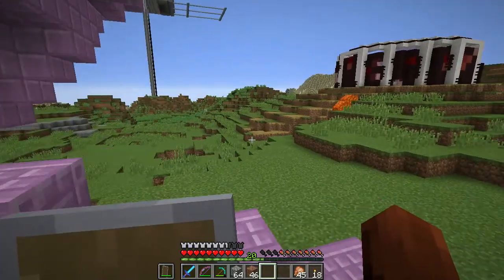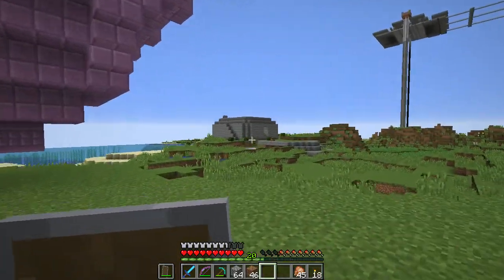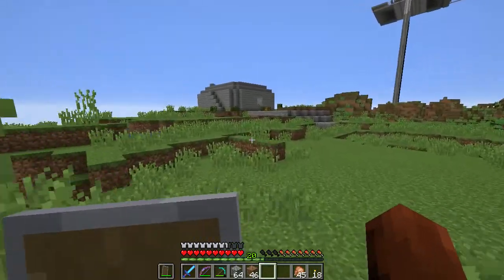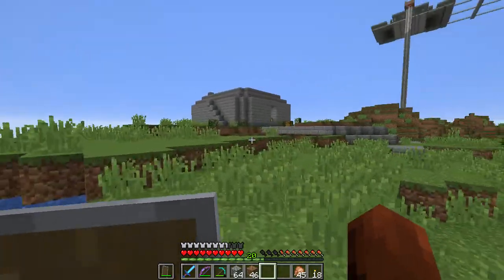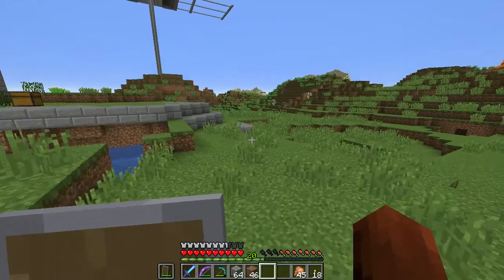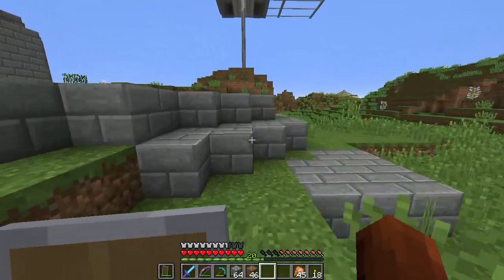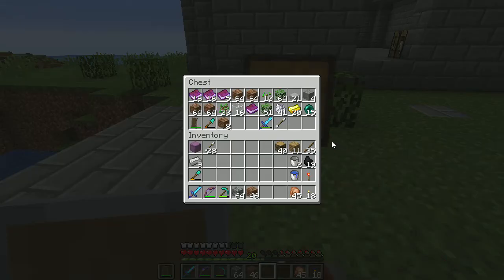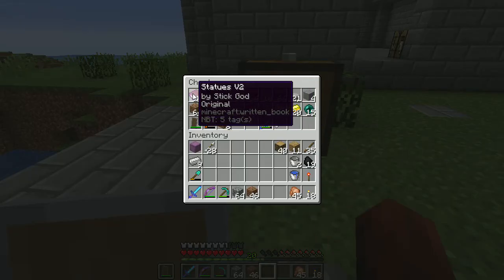So there's that. And then we have, I think, Nova's, I think he was doing a redstone shop. So let's go check that out. And then we'll run back to my base. Let's see. So if we come up here, let's see what this chest is. Oh, it actually has a lot of stuff. Oh, he has lots of...